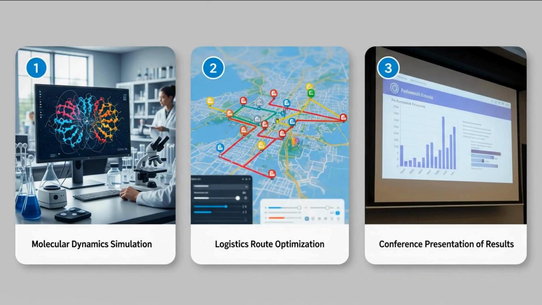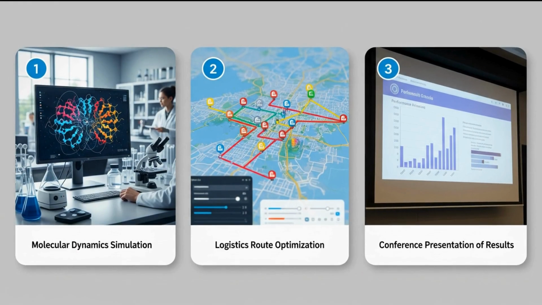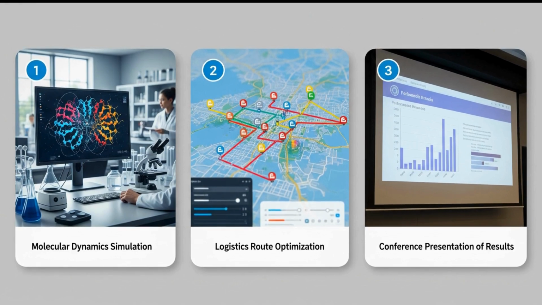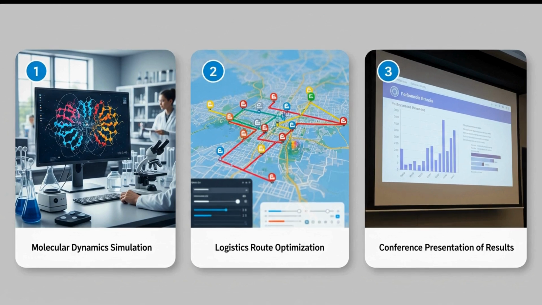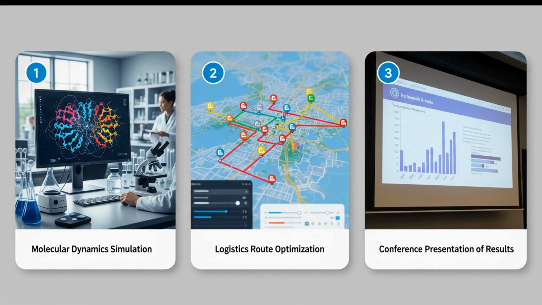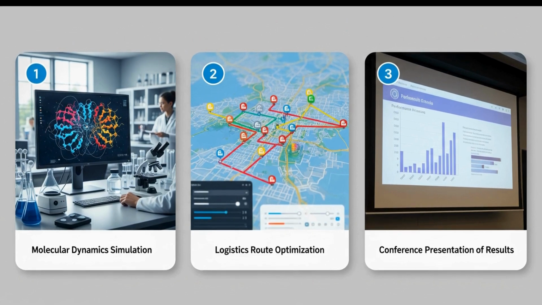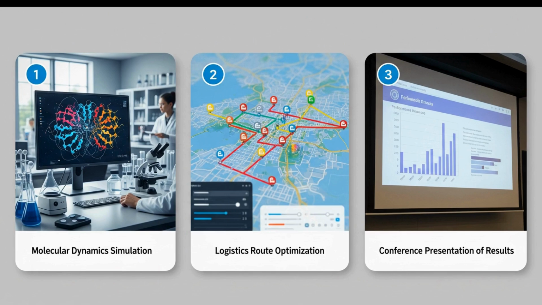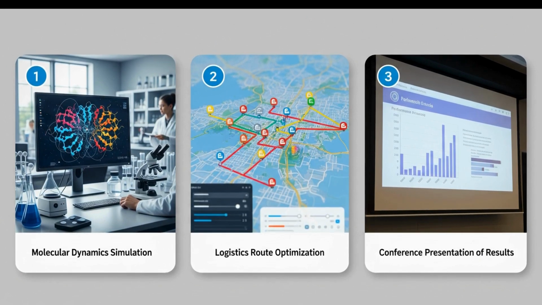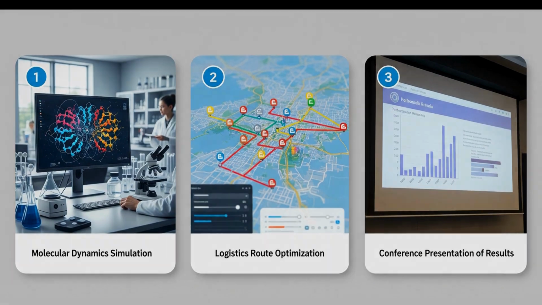Before we close, quick real examples to watch. 1. Pharmaceutical companies partnering with quantum startups to simulate molecules. 2. Logistics firms testing QAOA-like approaches for routing. 3. Research teams publishing hybrid ML plus quantum experiments showing potential gains on carefully selected benchmarks. These are early, but they highlight where value first appears.